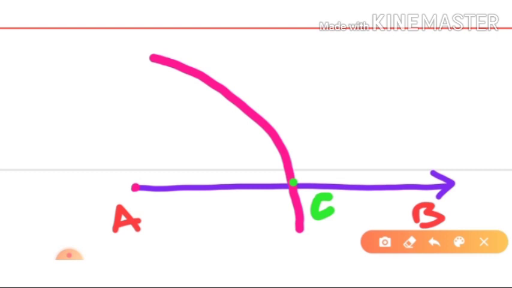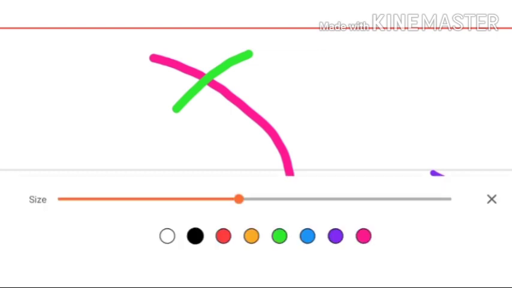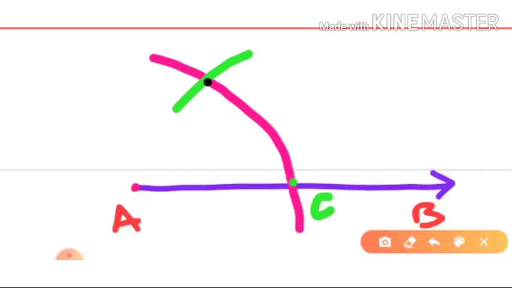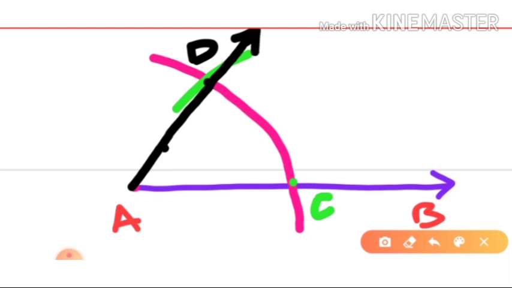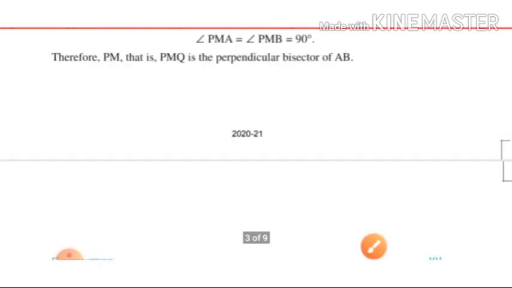Remember, we are not changing the radius, so we draw another arc which will cut this arc at a point, say D. Then we join this, and this angle is 60 degrees.